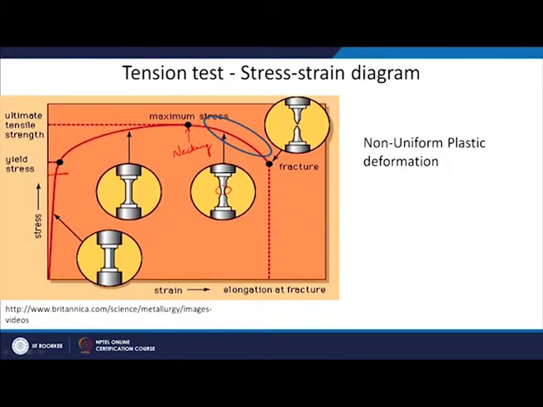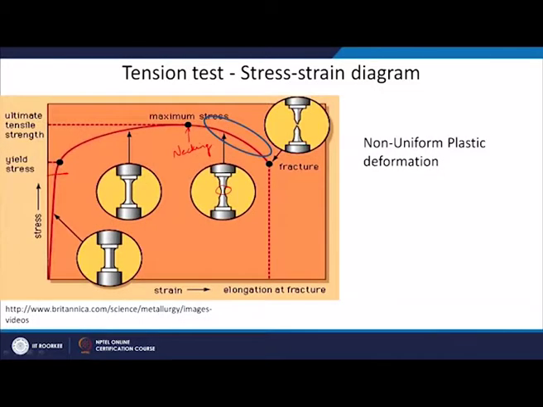We will come back to this discussion when we discuss two different types of calculation. One is what we call engineering stress and another what we call true stress. There you will again start appreciating that we can have different types of calculation to get the tensile stress strain curve. And at this point my material will fracture into two parts.